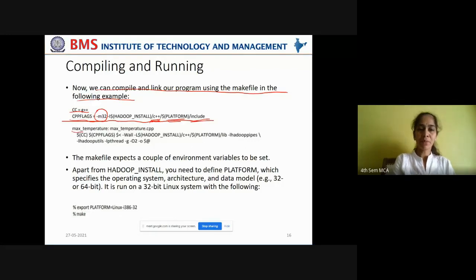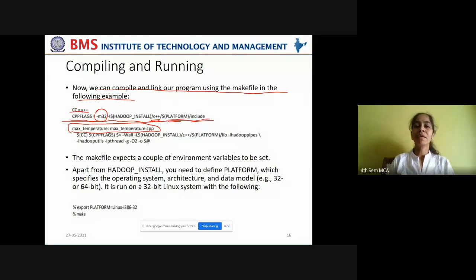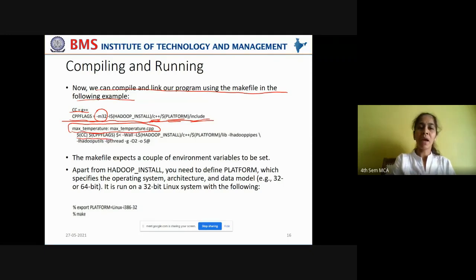Now you're calling max temperature .cpp. That is the main C++ file's name you have created, which includes your map function and reduce function. So it is the max temperature .cpp file. You are getting it into the scope of this max temperature, and you're using the C++ compiler and the flags and creating a binary, specifying the platform along with Hadoop pipes.